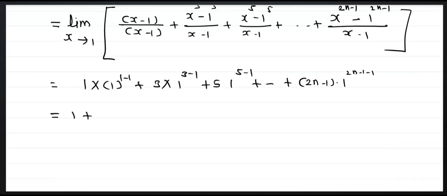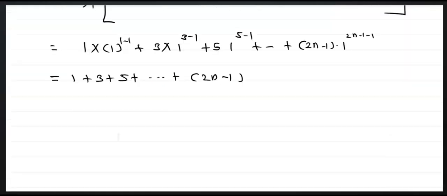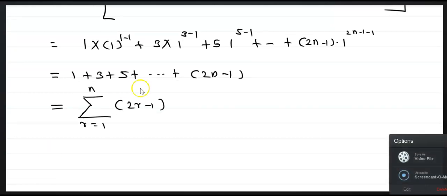The value of each term is, first is 1, 3, 5 and last is 2n minus 1. Now we have learned in sequence and series, this is the summation of r equal to 1 to n in bracket 2r minus 1. Now here we will take their summation,